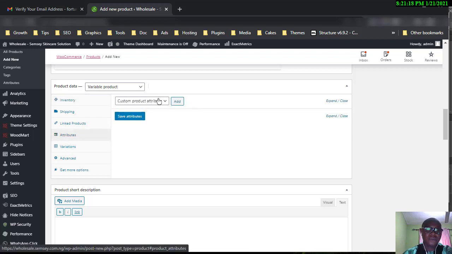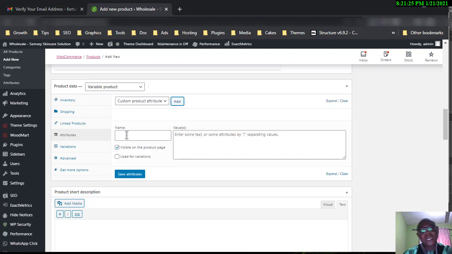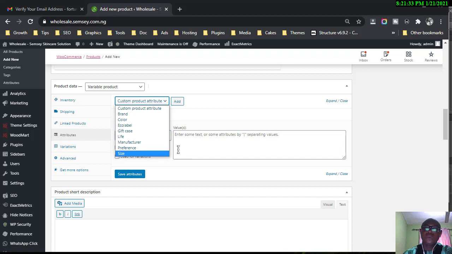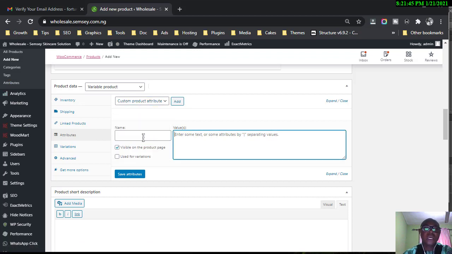Now the next thing you just have to do is go to attributes, click on add. Now there's two options for this. You can either have it here as saved. If you're working with lots of products and you're definitely going to be working with sizes, and all of them are the same sizes, then I would advise you just create your own attribute here. But if it's just a single product, and you just want to add something else, that's when you use custom product attributes. So for this, I'll just say